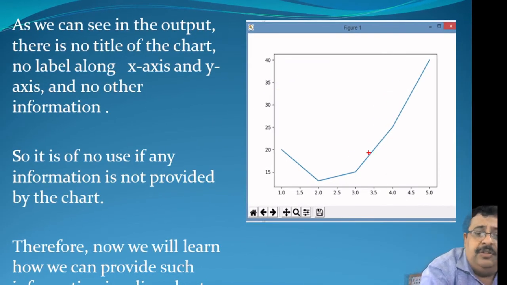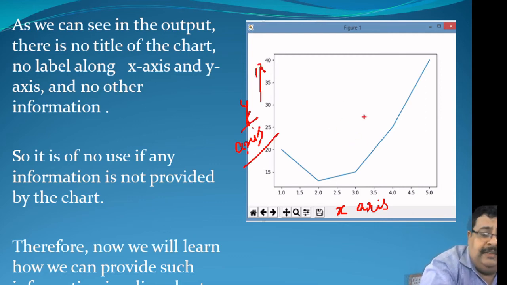So we know that this is the x-axis and this is the y-axis. We don't know what is plotted on the x-axis and what is plotted on the y-axis, so we don't know anything.